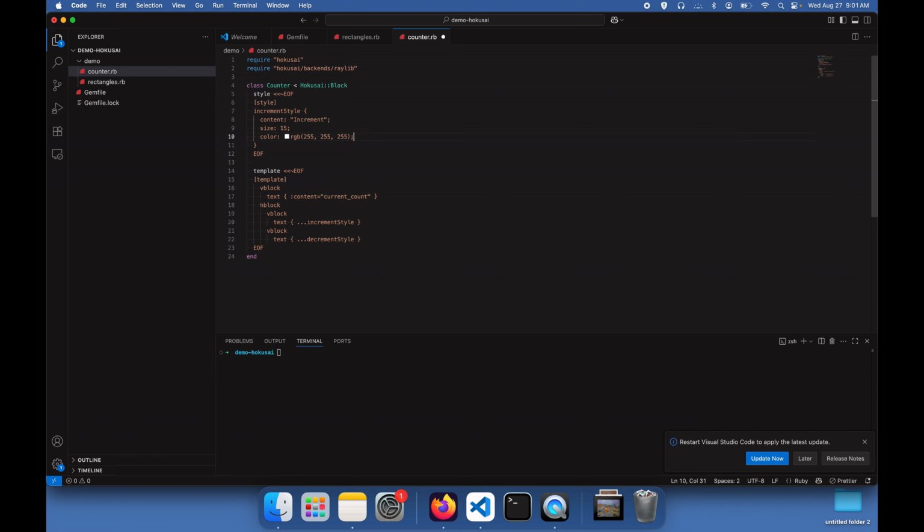Okay, and then for the decrement style, we'll do something similar. Decrement style. Okay, we'll say content will be decrement, and size again will be 15, and the color will be RGB 255, 255, 255. All right, and then for these, they're going to show up white on white, which is